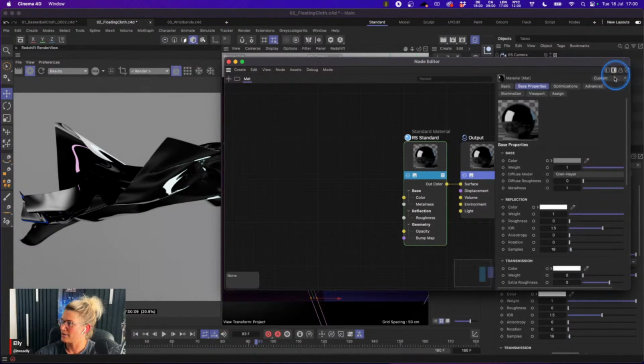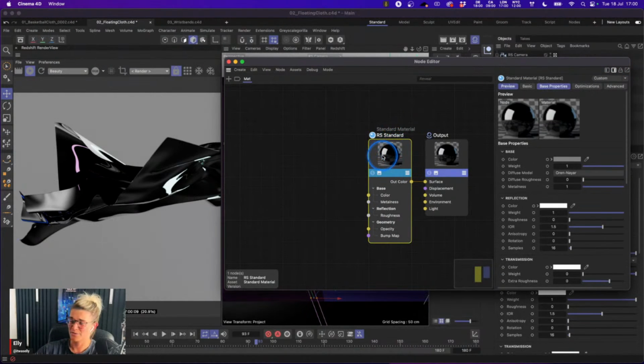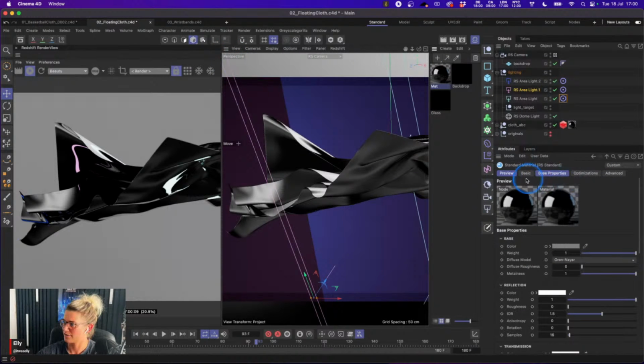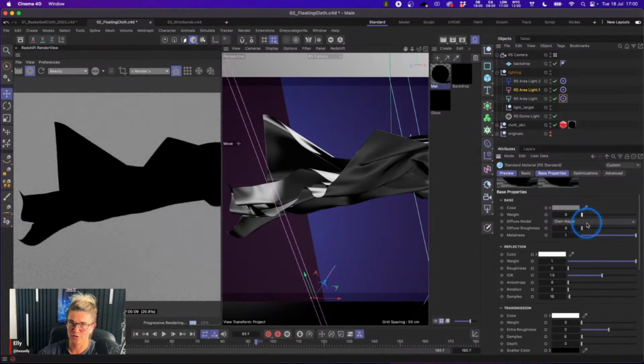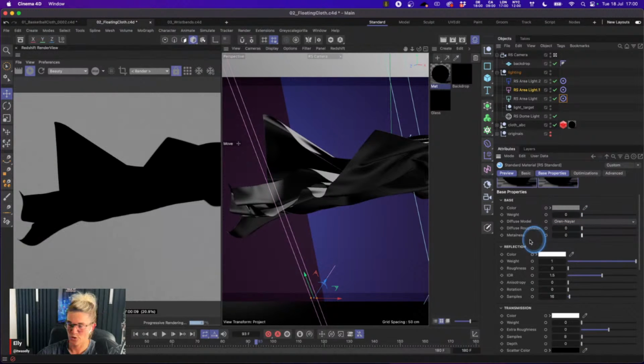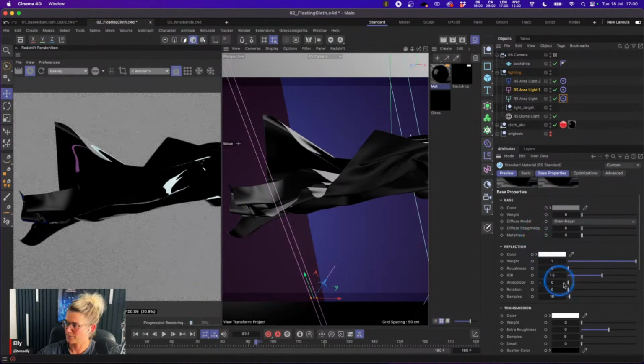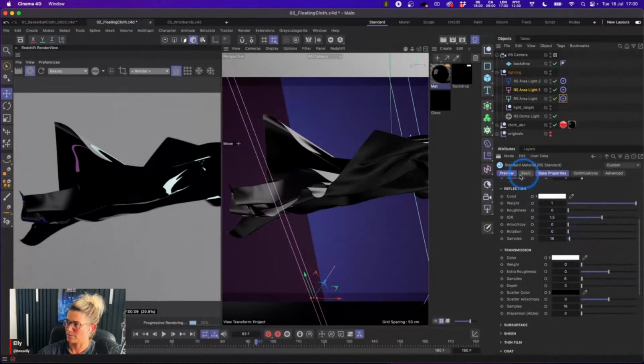So inside my node editor, to be fair, I don't even need the node editor open because we're going to start off in just the base materials for now. I'm going to switch off the diffuse color. We don't need any of that. I'm going to switch off my metalness. Also don't need any of that. What I am going to be working with in particular is reflection and transmission. Transmission is refraction, and it's how we're going to be able to create clear or see-through or transmissive or glass